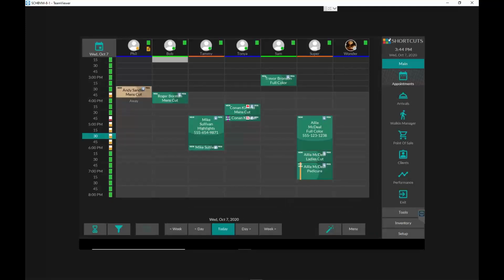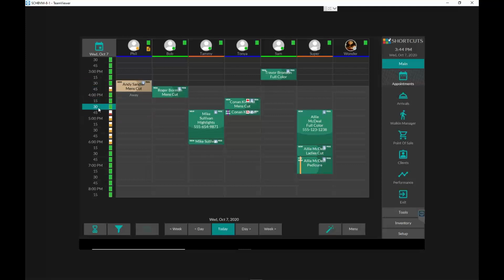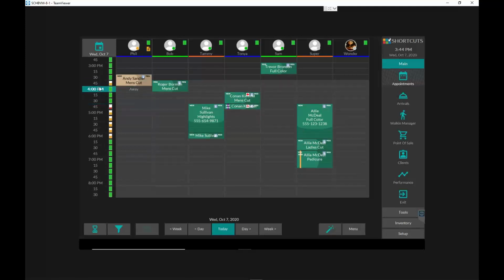Okay, so let's say you have a customer that walks in, they're a new customer, or they're even a regular customer, but they don't necessarily care which staff member you want to book them with. So on the left side of the screen, where the hours of the day are, if somebody were to walk in right now and say they want an appointment with whoever's available, doesn't matter, you can actually click on the time on the left side of the screen. And Shortcuts will find an opening for any staff member that's available right now and try to assign them a visit. So if I say 3:45, for example,